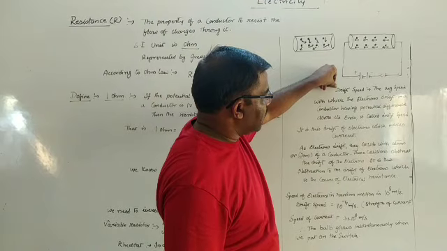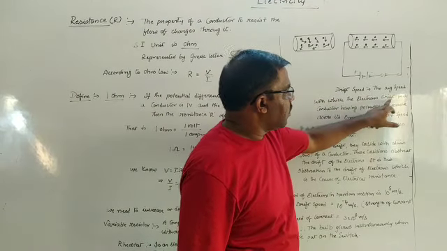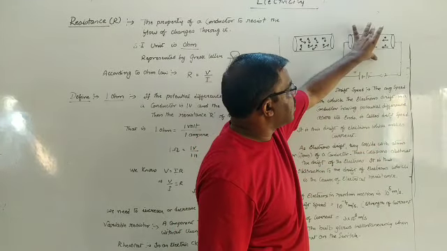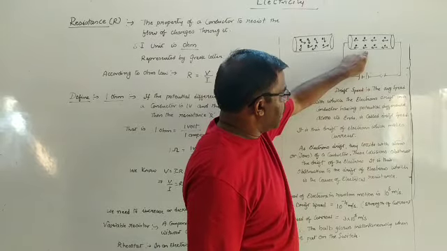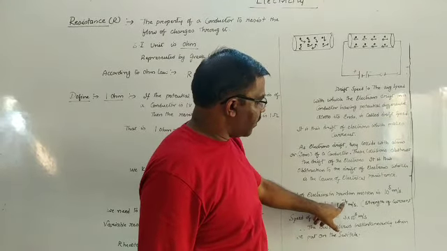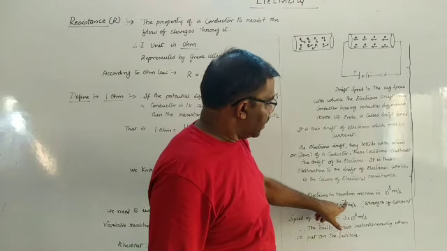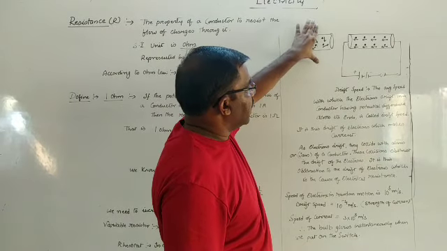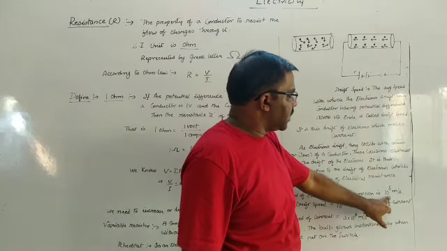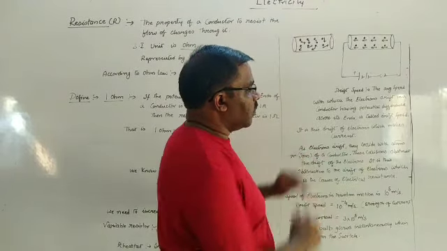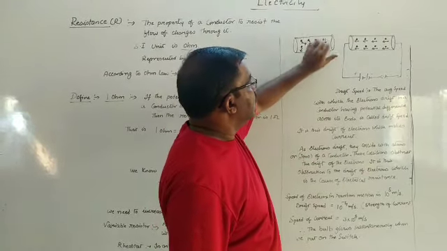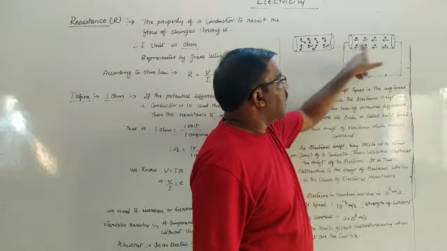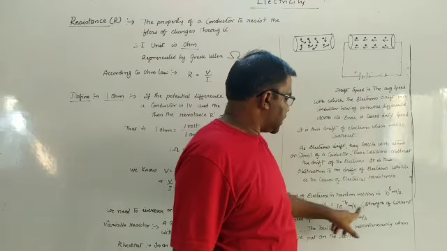So first let us understand what is drift speed. The average speed with which the electrons drift in a conductor having potential difference across its ends is called drift speed. So here the electrons have drift speed. It is very small. The value of drift speed of an electron is 10 power minus 4 meters per second. That means in 1 second they move very slowly, at the rate of 10 power minus 4 meters. But in random motion, when there is no potential difference, the speed of the electron is 10 power 5 meters per second. So one thing to be understood is, when a conductor is not connected, the valence electrons move in random motion with a speed of 10 power 5. But when a potential difference is applied, their speed drastically decreases to the drift speed.